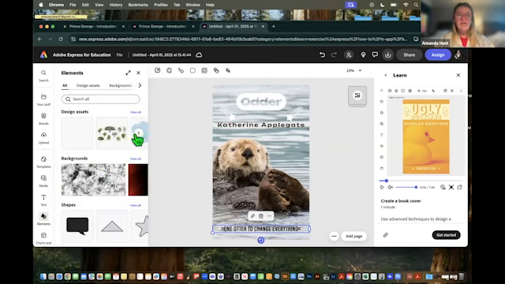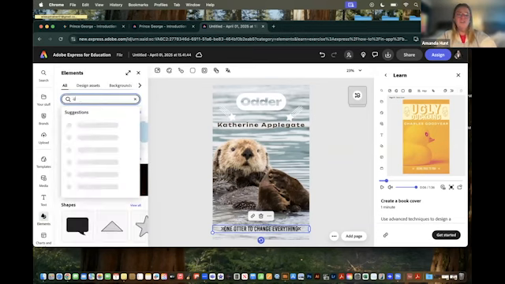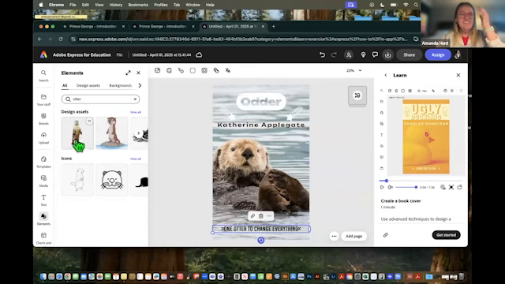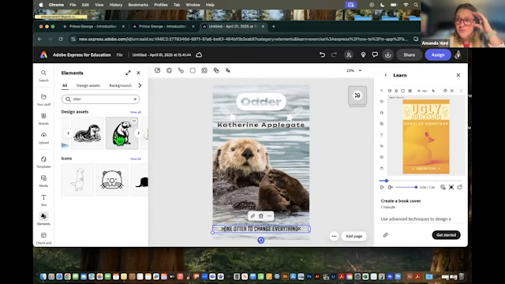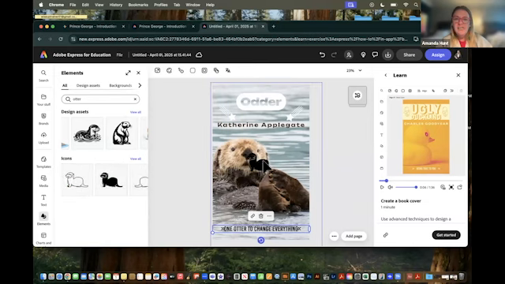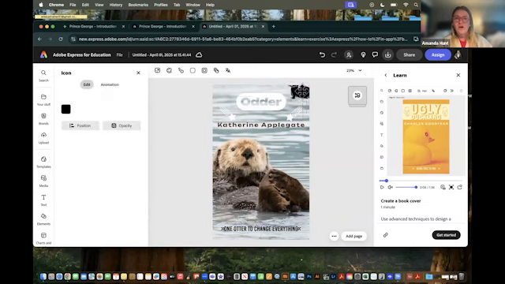elements and I can search otter and see if I wanted to add any of these options, which would be more like clip art from back in the day. They'll have icons that you can look and choose from. It's so cute. And I can add them on the screen, but if I don't want it to be black,